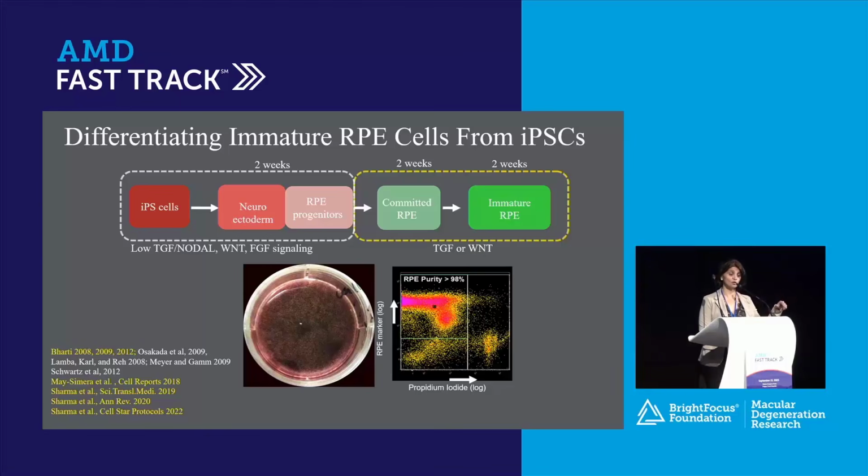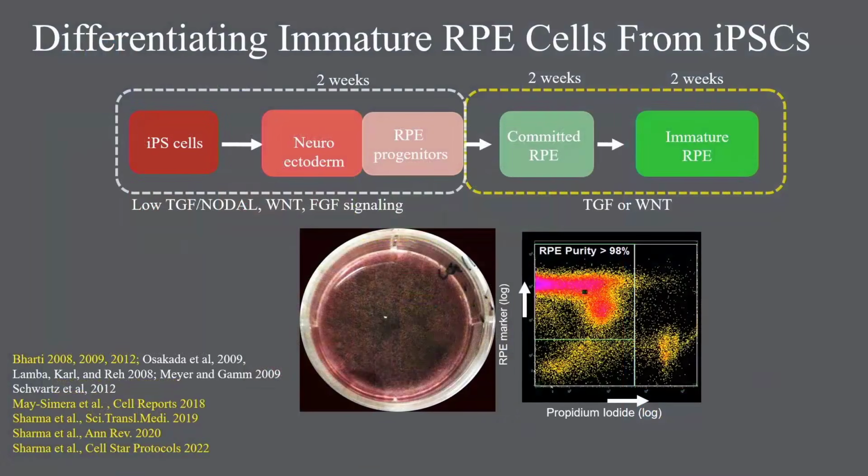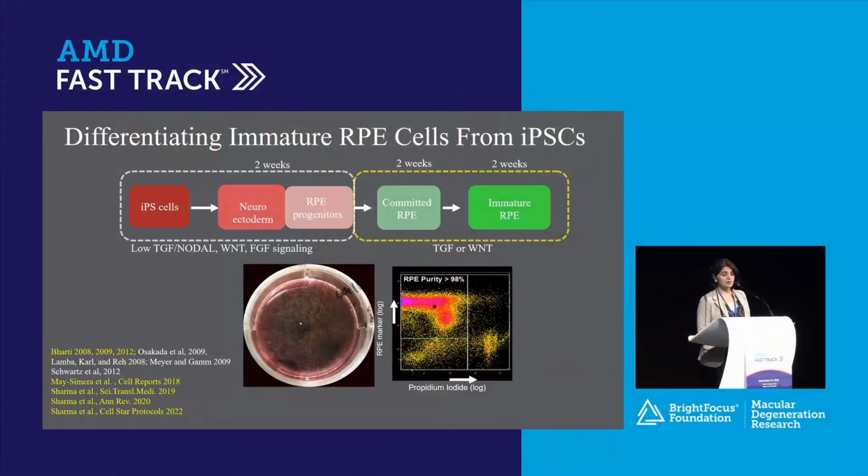So like I said, we were working with the reporter cell line, which in our case had GFP under tyrosinase. So if you run a flow, you can actually measure the efficiency of the differentiating cells. As you see in this scatter plot, the x-axis is propidium iodide, which tells you about the viability of the cells, and the y-axis is the expression of the GFP that these cells are expressing. Another advantage of working with RPE cells is that they are pigmented, and you can see how homogeneous your cells are in a dish.